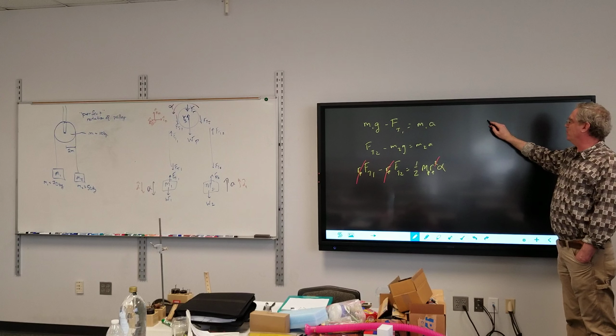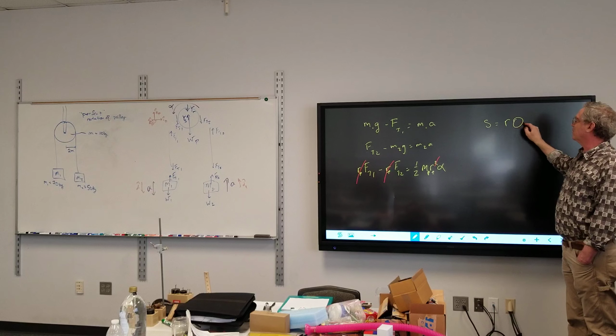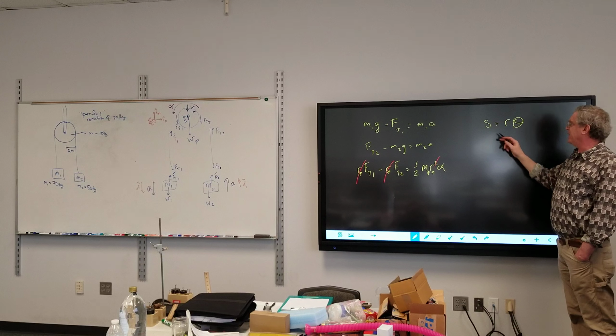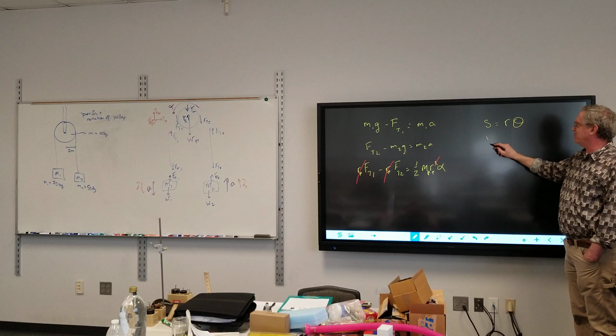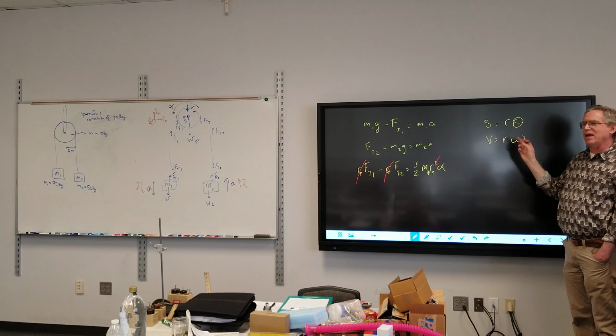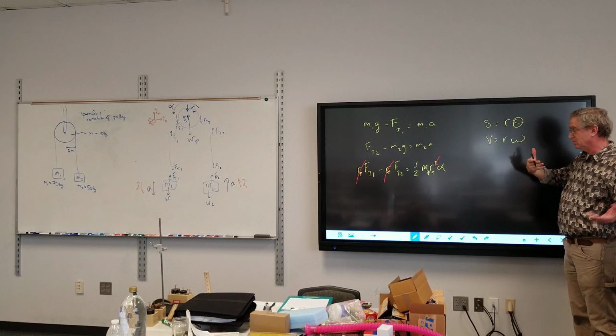So the arc length is equal to R theta, assuming we're dealing in radians. If I take the change in this divided by time, then I get V equals R omega. If I take the change in that with respect to time, V divided by R